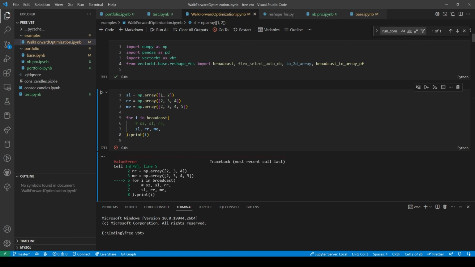So what I need to do is grab this and say 1, there needs to be 1, 2, 2, 1, 2, 3, 1, 2, 4, 1, 2, 5. So that's 4 ones, 4 times 3 ones. Then I need 4 times 3 twos. And then here I need 2 times 4.